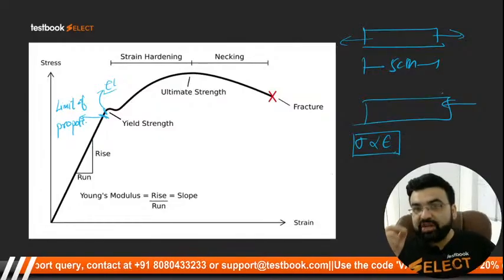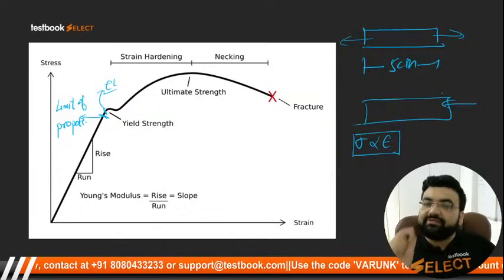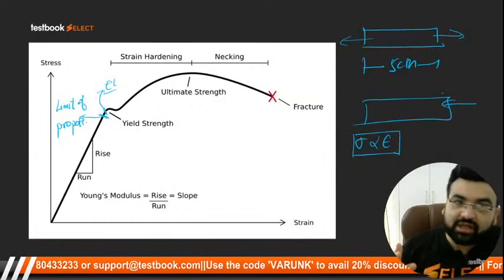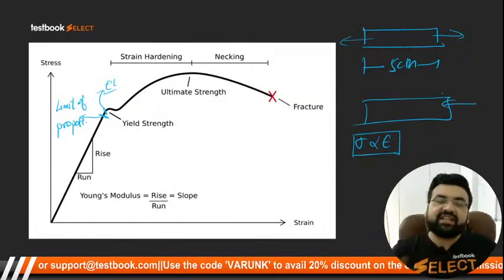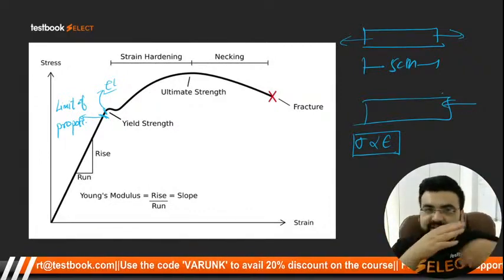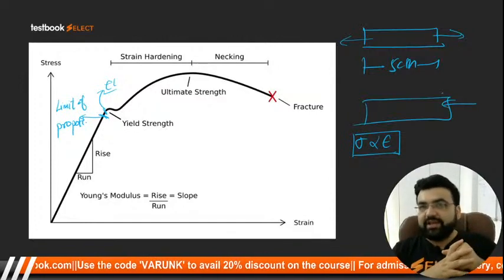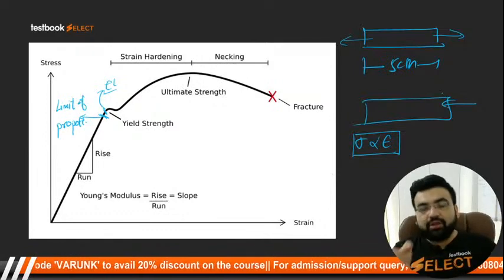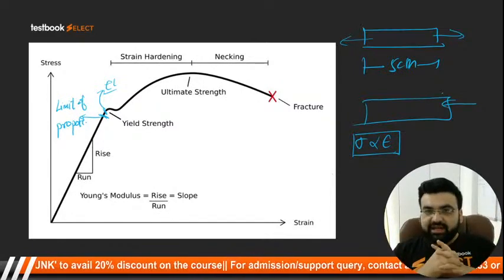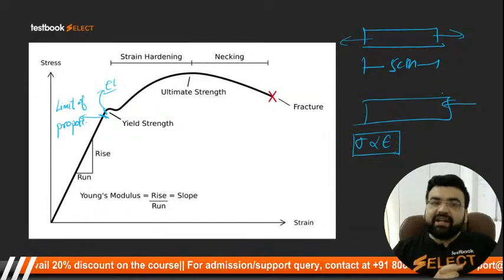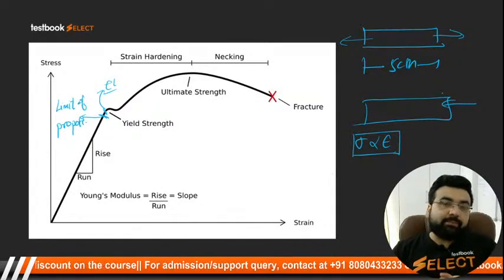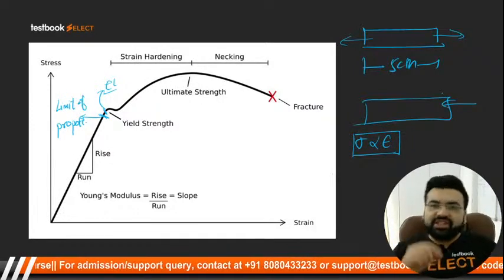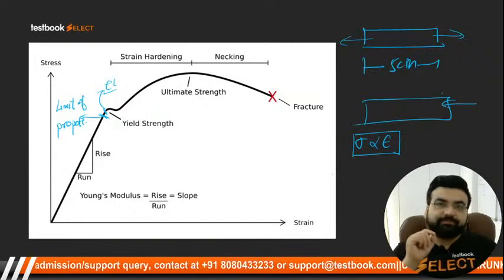...टर्न बैक टू इट्स ओरिजिनल पोजीशन, उसमें एक हल्का सा डिफॉर्मेशन रह जाएगा। ये बहुत इंपॉर्टेंट बात मैं आपको बता रहा हूं, बिकॉज बच्चों को लगता है कि लिमिट ऑफ प्रोपोर्शनैलिटी ही इलास्टिक लिमिट है आपकी, ऐसा नहीं है। इलास्टिक लिमिट थोड़ा सा आगे होती है लिमिट ऑफ प्रोपोर्शनैलिटी से, क्लियर। लिमिट ऑफ प्रोपोर्शनैलिटी पे अगर आपने लोड को रिमूव कर दिया तो बॉडी अपनी ओरिजिनल पोजीशन में वापस आ जाएगी, लेकिन अगर आपने इलास्टिक लिमिट पे रिमूव किया तो बॉडी पोजीशन पे वापस आएगी, लेकिन there might be a little bit of permanent deformation, 0.1 mm, 0.2 mm, whatever.